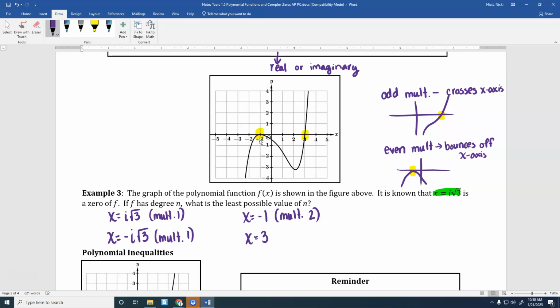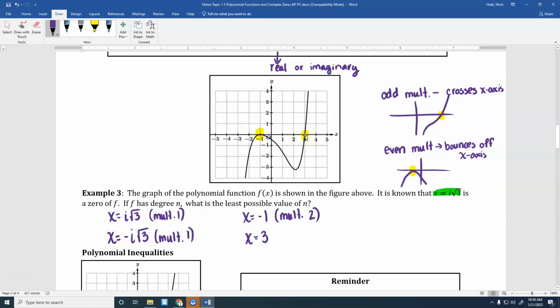So if it didn't say least possible, could you choose like 4? It could be 4, it could be 6, it could be 8. It would be a question that you couldn't really answer. There would be options you could have, but you wouldn't be able to answer it for sure if it didn't say least possible. And then, let's see, Michaela, for x equals 3, is that going to be even or odd